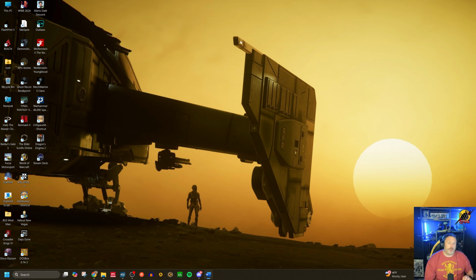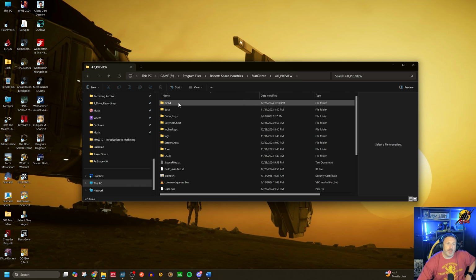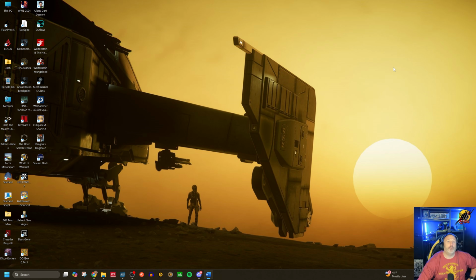Star Citizen can be finicky sometimes, and so can Easy Anti-Cheat. So what I recommend 99% of the time, if you have an issue with ReShade not working or something like that, is that you pull up your Star Citizen folder, you go into whatever version of the game you're running, whether it's PTU or live or whatever, and you delete your bin64 folder and your Easy Anti-Cheat folder. Delete them, gone, erase them, and then go back into the launcher, verify files, re-download them,